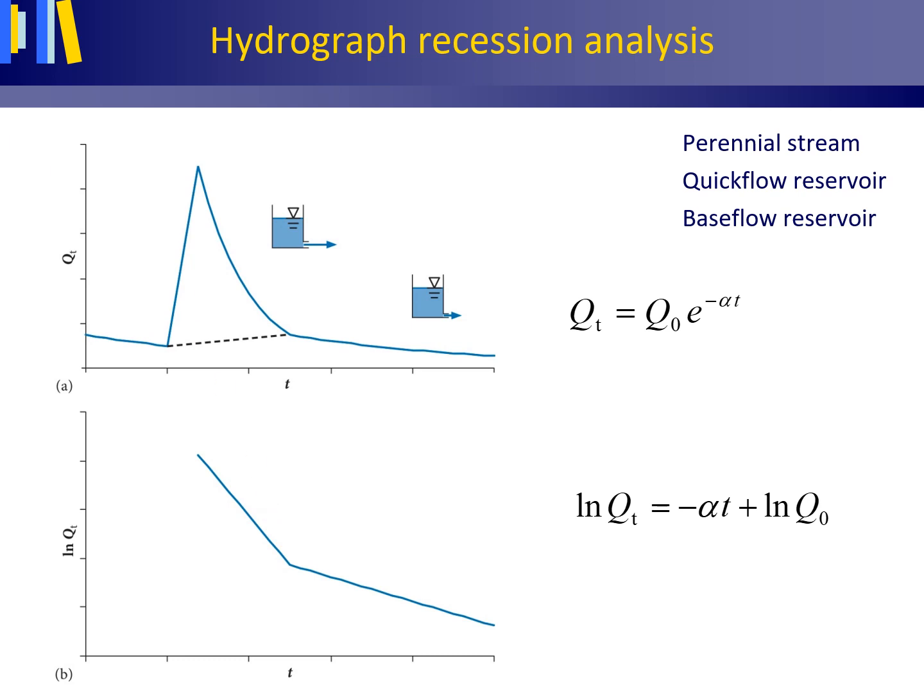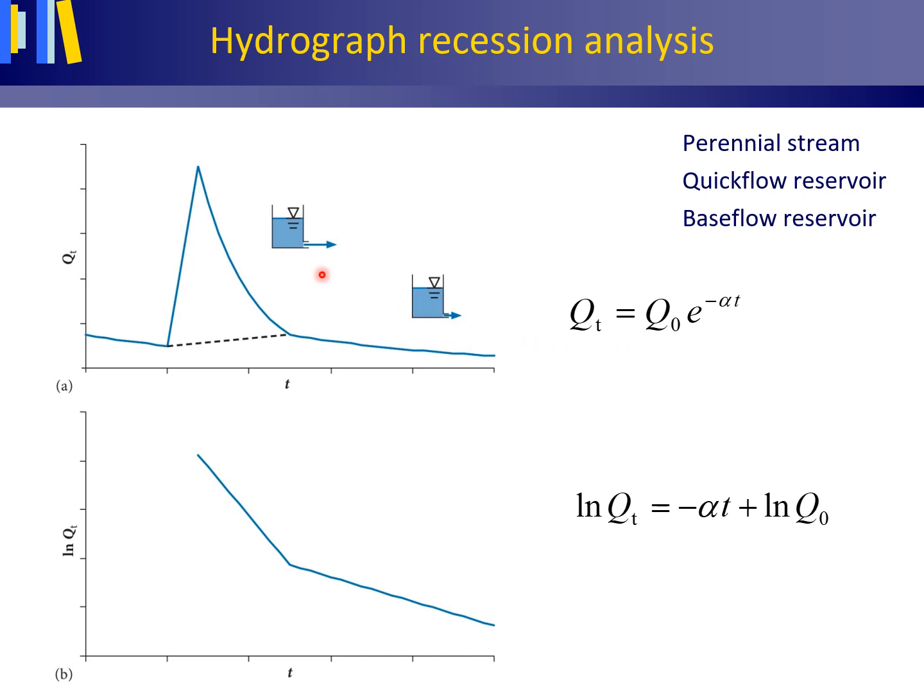The recession curve can therefore mathematically be described as first an exponential decreasing outflow from the quick flow reservoir, and then after the separation point an exponentially decreasing outflow from the base flow reservoir. For both parts of the recession, the just discussed equations can be used, be it with a different value of the recession constant alpha for the quick flow and base flow reservoir.